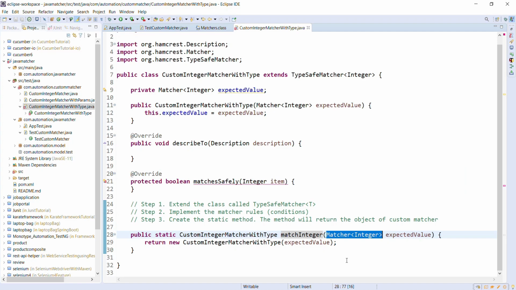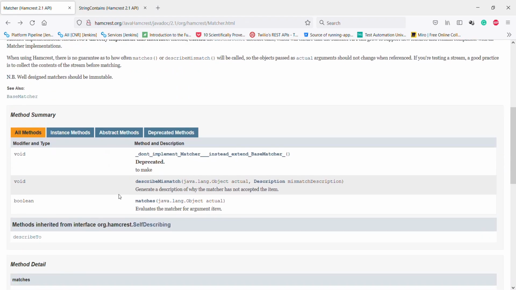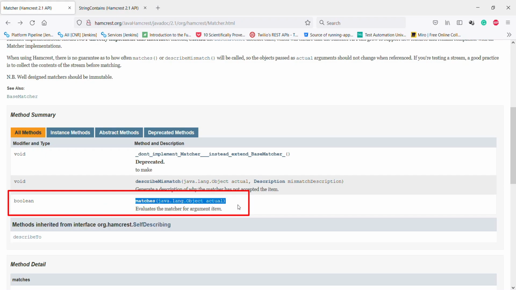Now let me open the API documentation of this Matcher interface again. Inside this interface, we have a method called matches. The return type of this method is boolean. That means when the condition is met, this method will return true. When there is a mismatch in the condition, this method will return false.